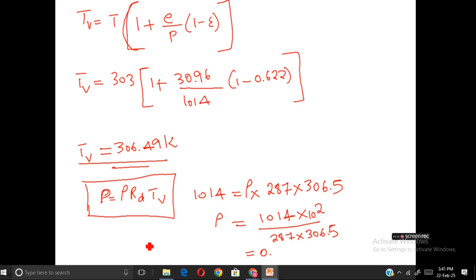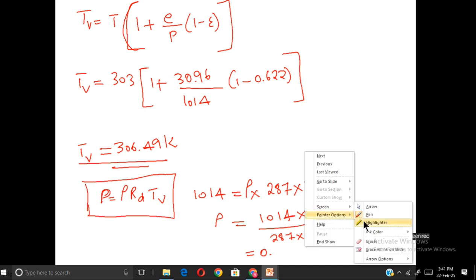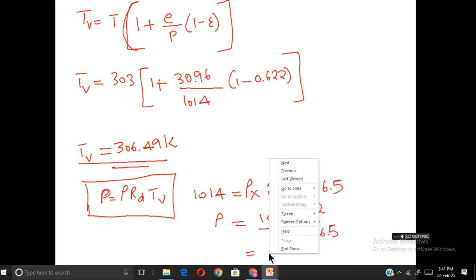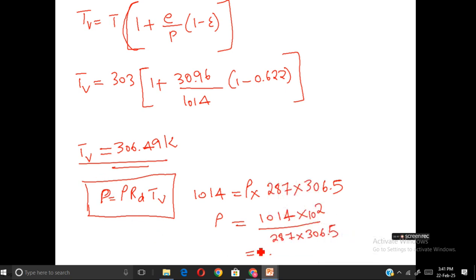How much is it? It is coming around 1.15